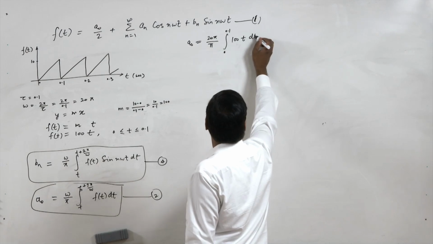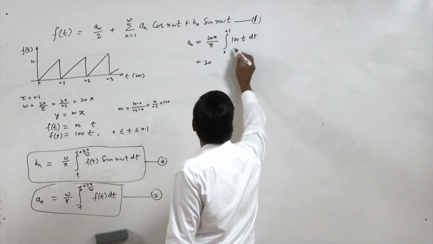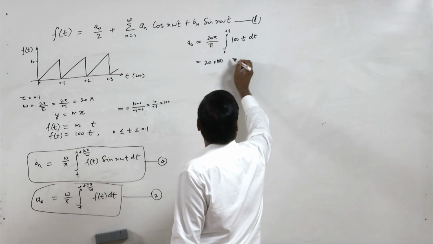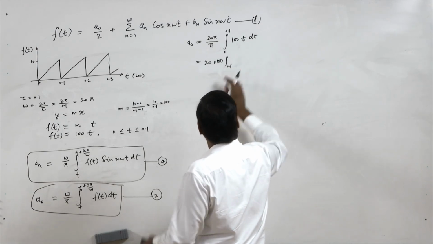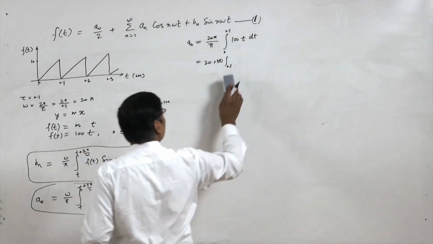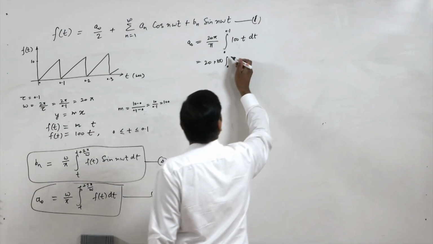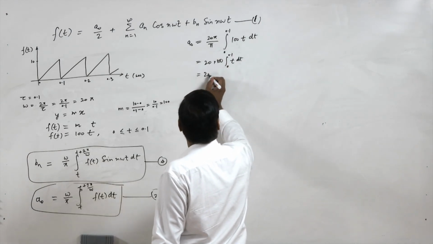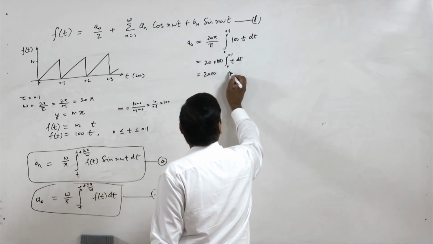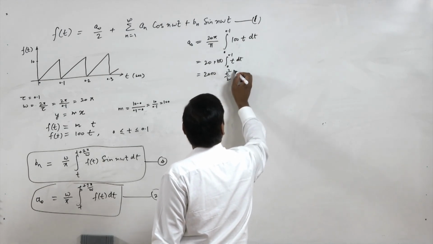Now we solve this integral. 20 into 100 we take out, and integral of t dt from 0 to 0.1. So we have 2000 into, so the t integral is t square by 2,